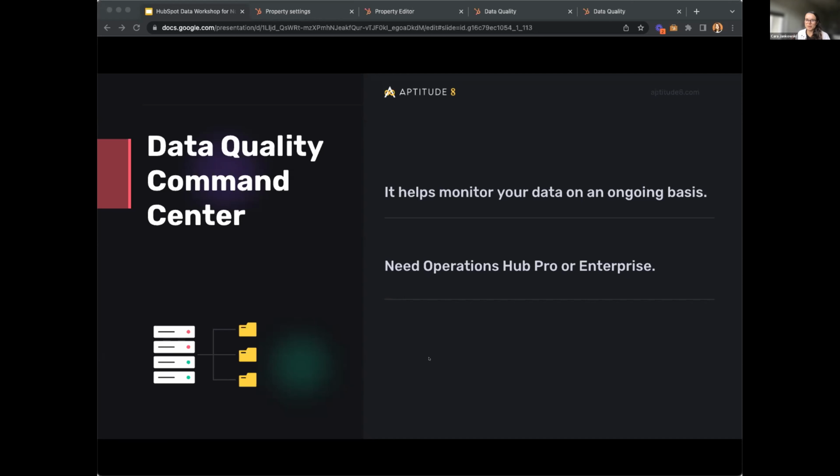And the whole premise here is you can't fix what you can't find, and a lot of times bad data will bubble up in unexpected ways, or when it's too late, like a customer communication has gone out, or you notice it downstream. And in this new tool, you can get at a glance insights on the health of your HubSpot data in one place. So identifying stale properties, data sync bottlenecks, and more,